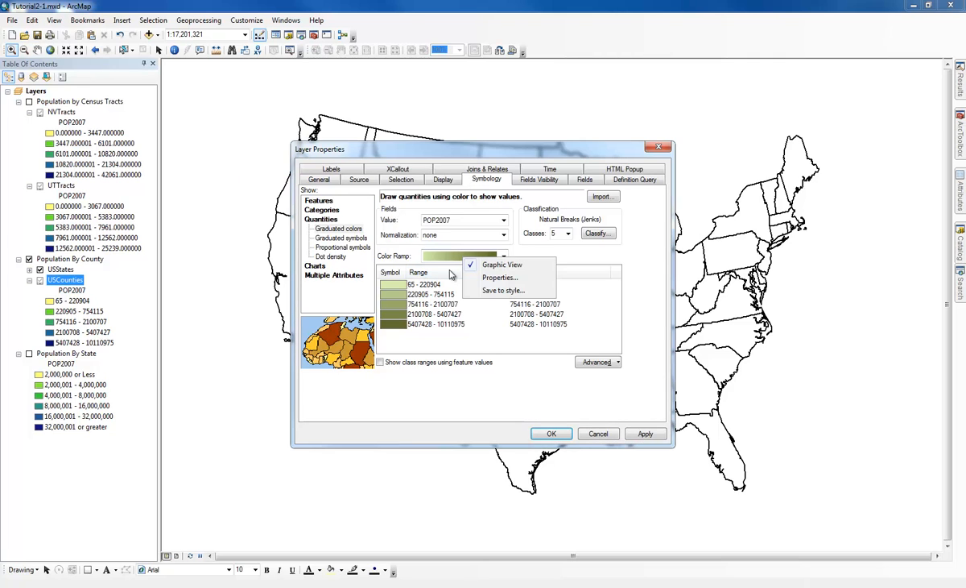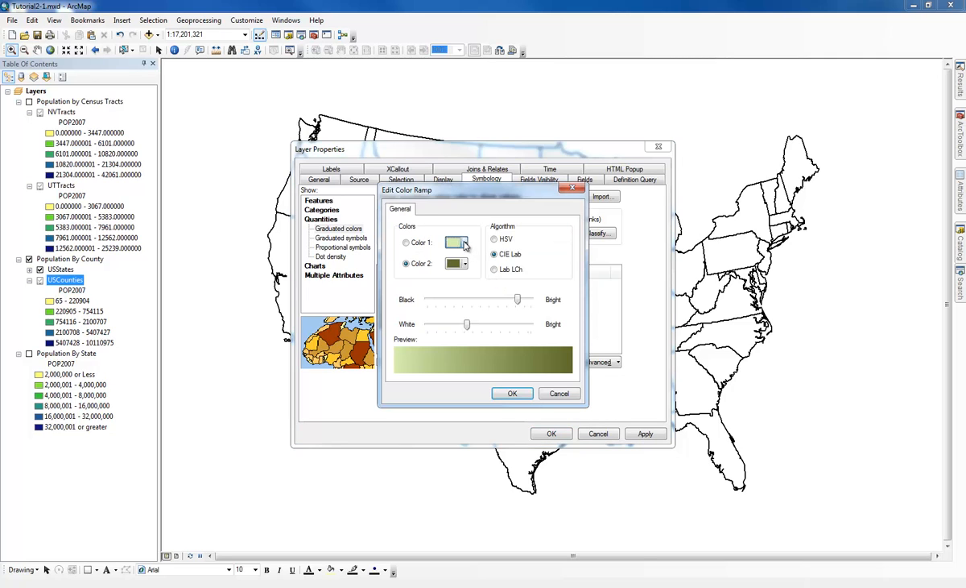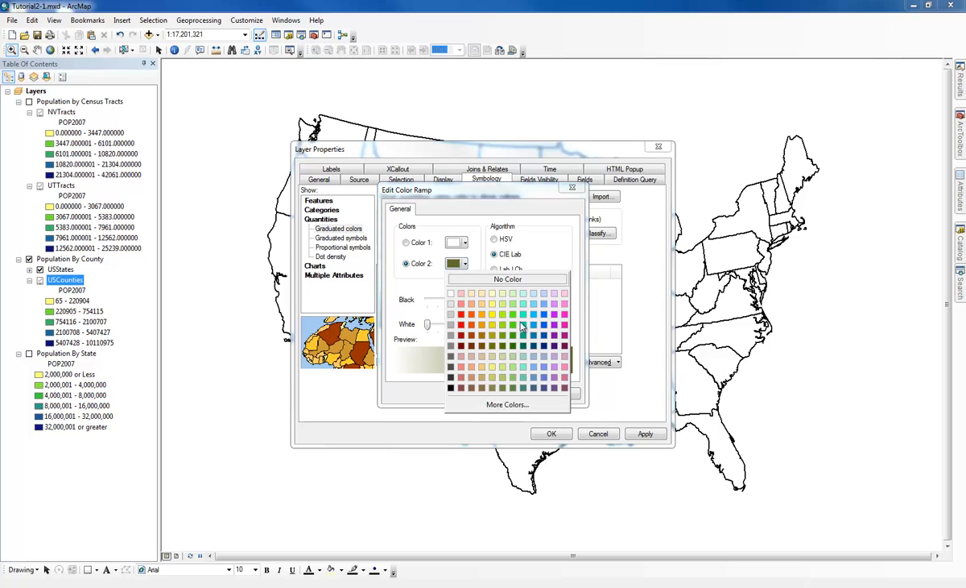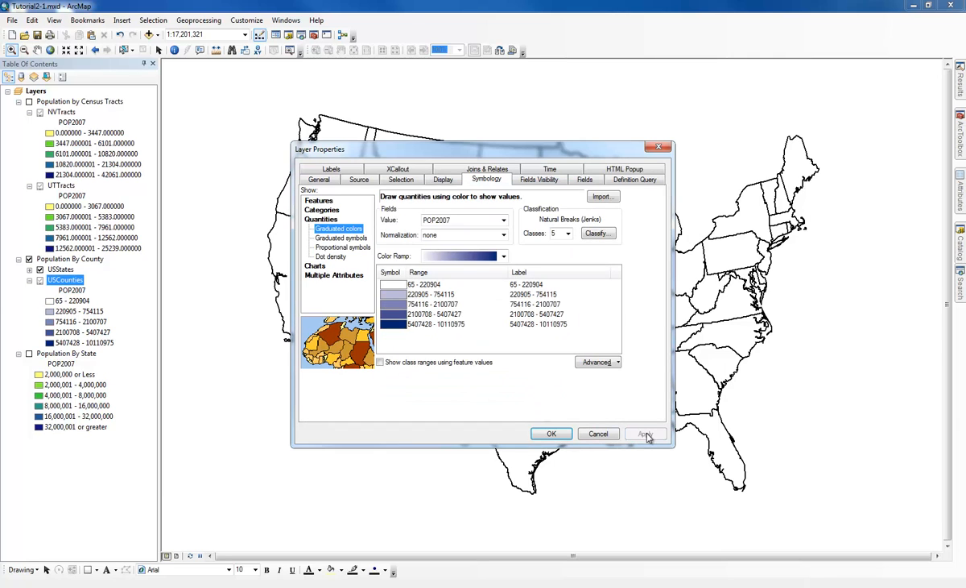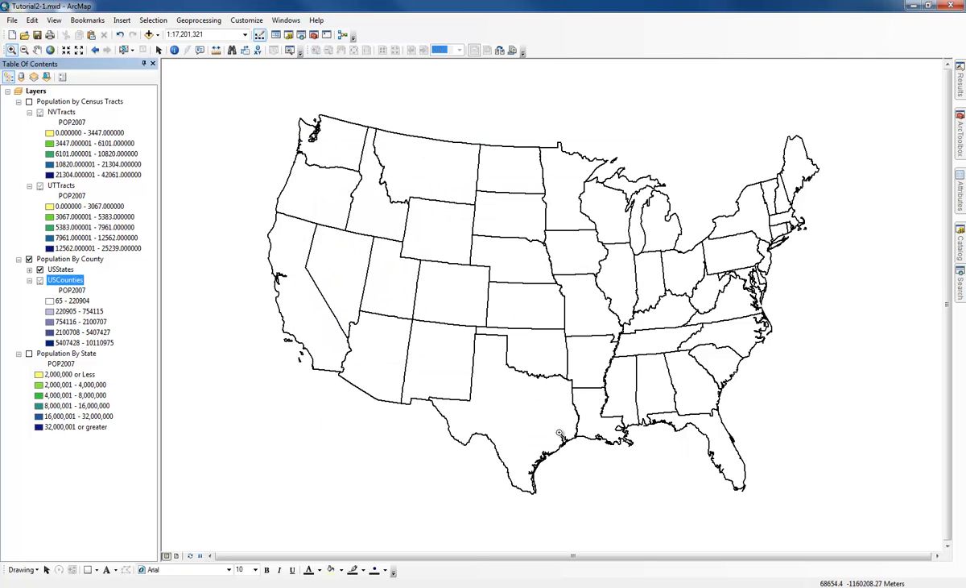So now we're going to change the colors of the color ramp properties. Right click on that. I'm going to select white, and I'm going to select a dark, looks like a dark blue. I'm going to click OK. I'm going to select apply and click OK. So once I did that,